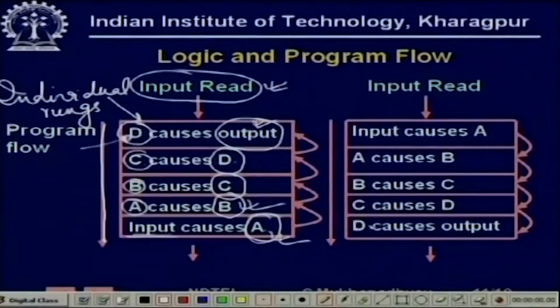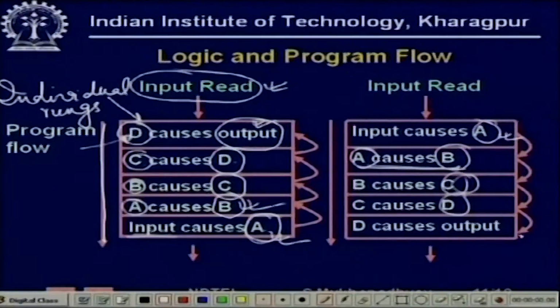because if we had organized it in a slightly different way, then what would have happened? Suppose we just invert the order, then in the first cycle input will change A, so A will get changed in the first cycle. Now, when we evaluate the second one, we get the new value of A because we are taking it from the memory and the memory has been updated. Similarly, when B is updated, C will be updated, when C is updated, D will be updated, and so in the first cycle itself output is going to be updated. So, this is something to be remembered, that the program flow should represent the actual flow of logic, that is, what causes the other, when one is developing